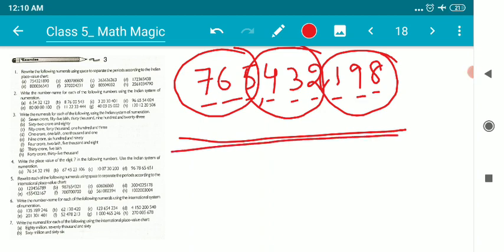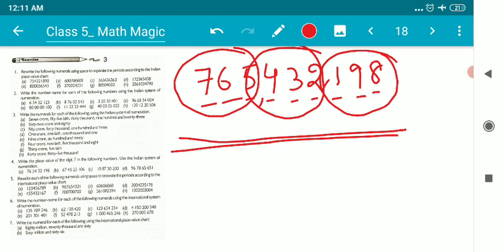So the Indian number system and the international number system are both useful. We need to know both, because in some parts of the world we deal with numbers in the international number system, and in countries like India, Bangladesh and others, we use the Indian number system. This is how we have to deal with the numbers.